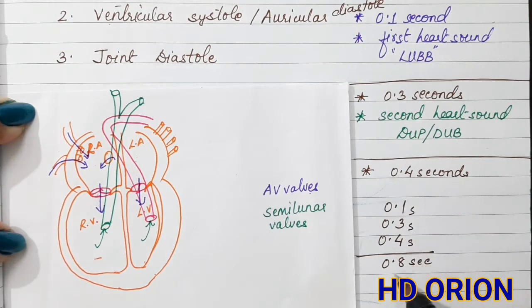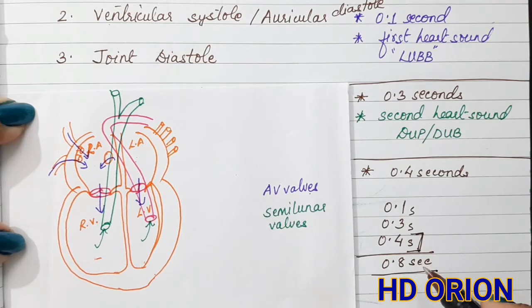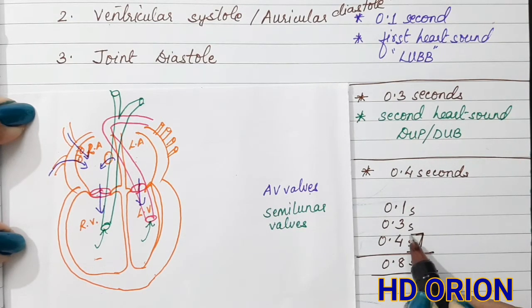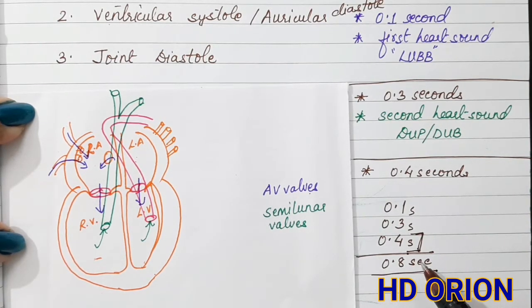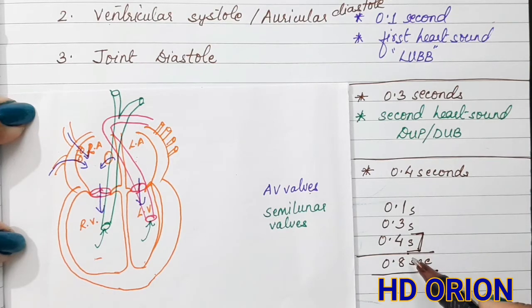And you see that in this 0.8 second that the cardiac cycle is completed, the chambers are at a relaxed condition for almost 50% of this time, and therefore the heart never stops working because there is an inbuilt relaxation time for the heart muscles, and so the cardiac muscles continuously work throughout the lifetime 24/7. And at this particular 0.4 seconds joint diastole, the chambers relax and therefore they never get tired.